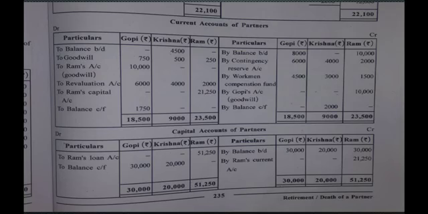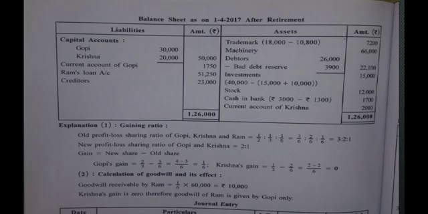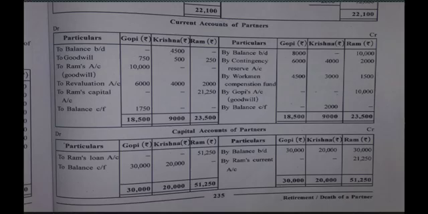The total of credit side for Gopi is higher. So the amount of difference is written on debit side, 1,750. Now this again is not a new concept. The balance of current account, 1750 balance carried forward. I am talking about Gopi. The answer is on debit side, so in balance sheet it is to be written on liabilities side, that is credit side. You can see current account of Gopi 1750.